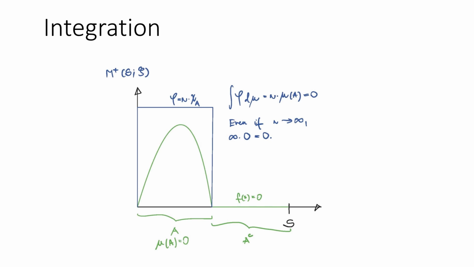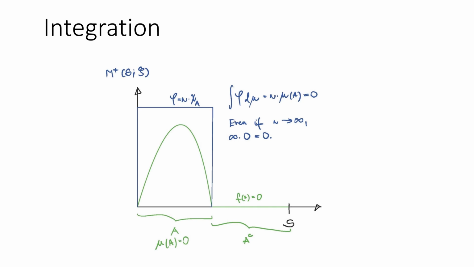The proof is very nice, and it's built on a very simple idea. Just like previously, I don't want to show you the whole and complete proof. I just want to show you the main idea underlying the proof. If a measurable function is 0 mu almost everywhere, it means that we can divide the state space into two